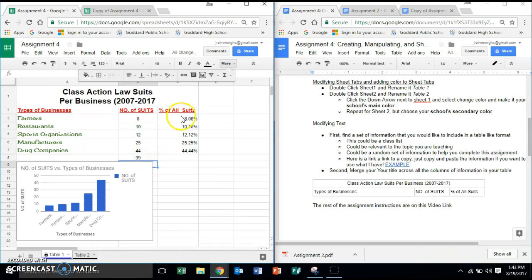So that should have made this about 10.10% because you haven't done any sorts yet. Yours probably still says restaurants on top. So don't fret, we'll get there too. All right, so with the 10.10%, the next thing you're going to do, you're going to go back into this formula,